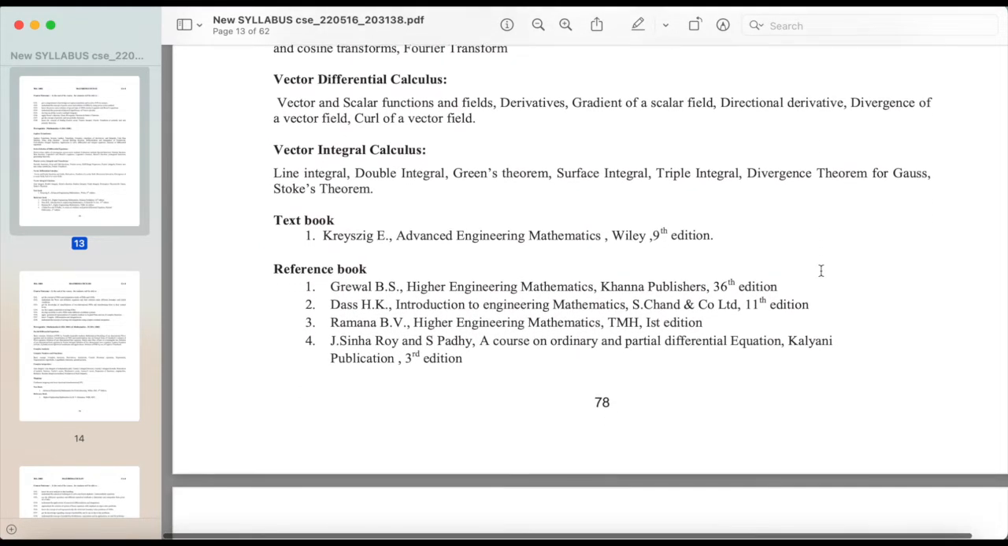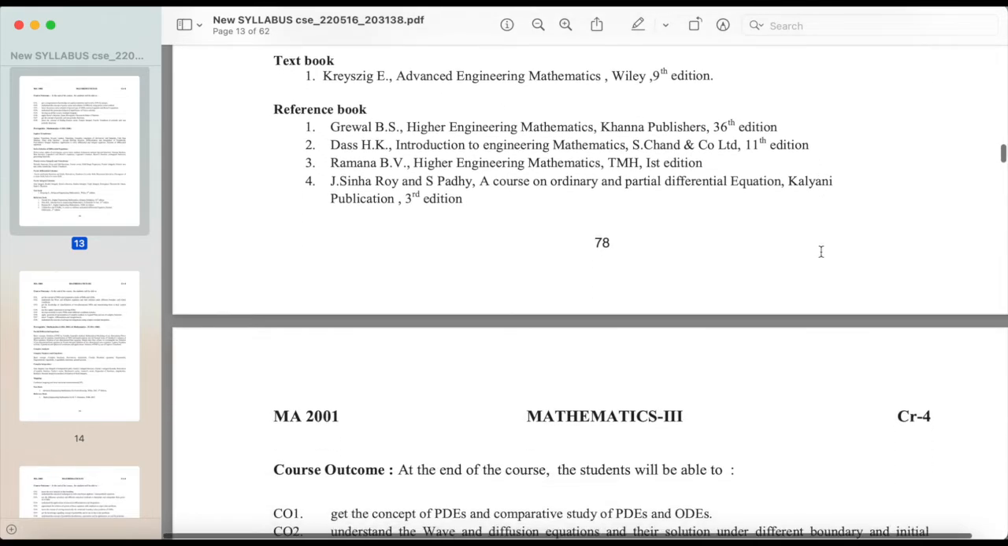differential calculus, vector and scalar functions and fields, derivatives, gradient of a scalar field, directional derivative, divergence of a vector field, curl of a vector field, vector integral calculus, line integral, double integral, Green's theorem, surface integral, triple integral, divergence theorem of Gauss, Stokes' theorem. Textbook 1: Kreyszig, Advanced Engineering Mathematics, Wiley, 9th edition. Reference book 1: Grewal B.S., Higher